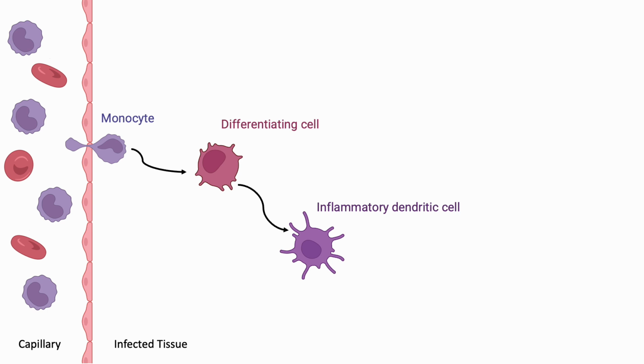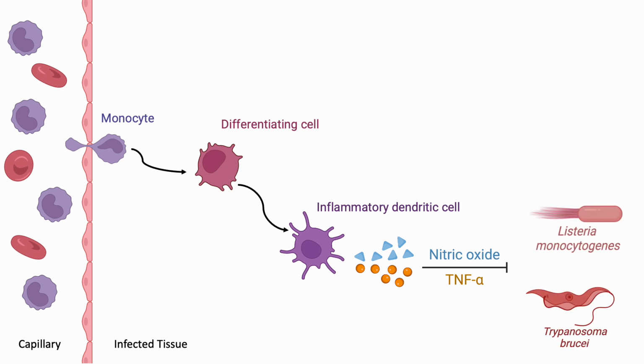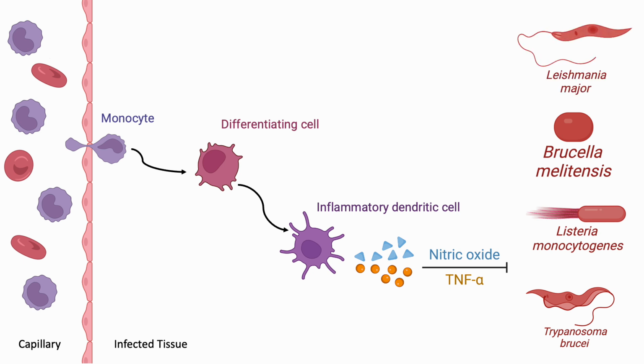The mature IDC releases two powerful signaling molecules, nitric oxide, NO, and tumor necrosis factor alpha, TNF-alpha. These molecules act like a distress signal, attracting other immune cells to the site of infection and orchestrating a coordinated immune response. This process of monocyte differentiation into inflammatory dendritic cells is a critical step in the body's defense against